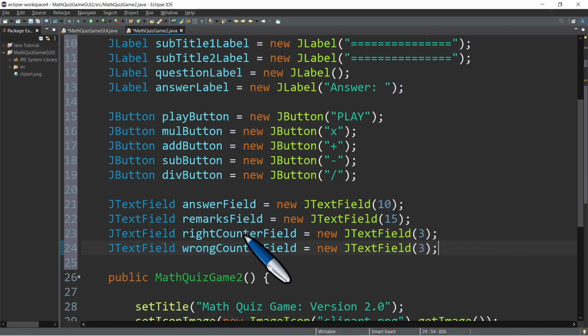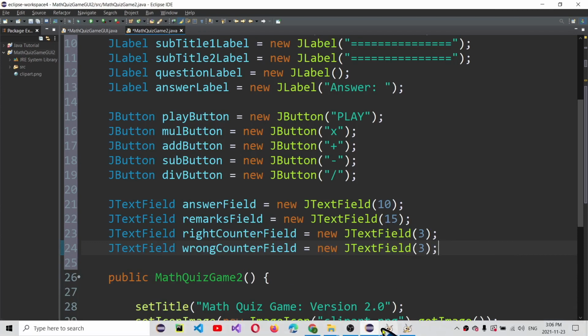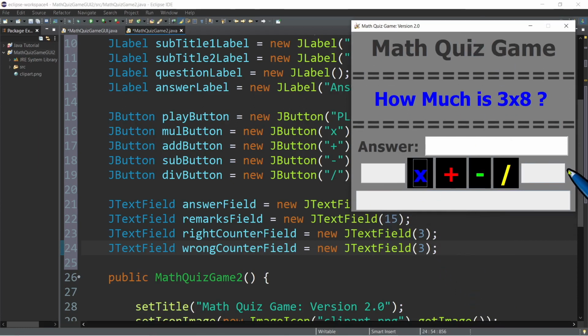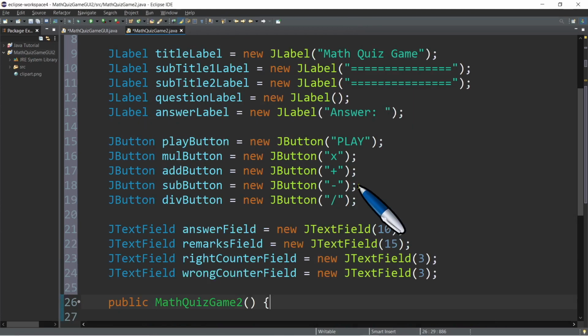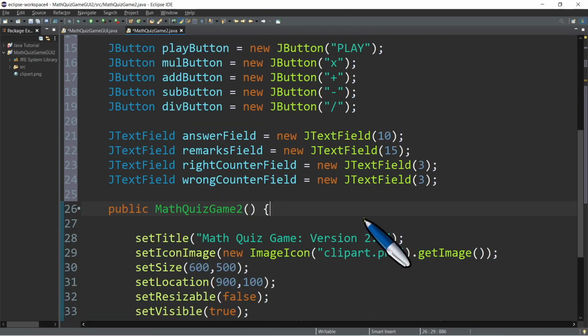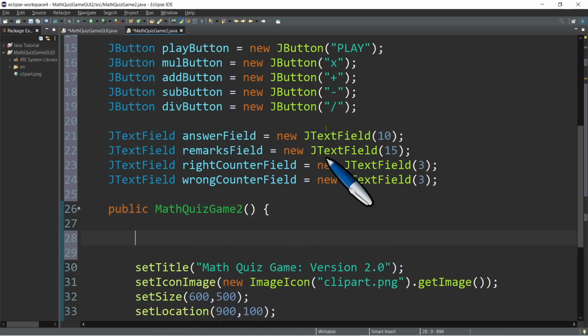Okay, the remarks field, we have 15 here, the remarks field, and then the right counter field, and then the wrong counter field. So for example, the size here is 3 and then 3. Okay, another. Now, after the instantiation of these GUI components, it's about time to add all of these GUI components